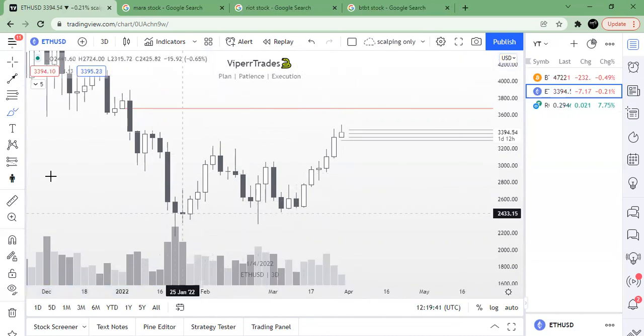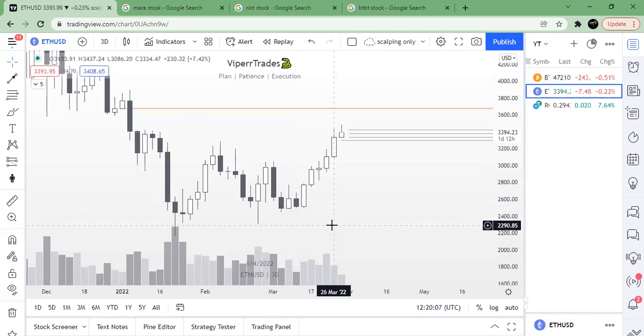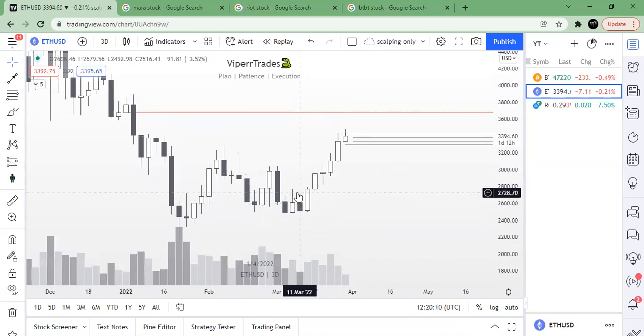And as you can see, if I hover over it now, the candle opened at $2,608 and it closed at $2,516. So the close was lower than the open. It opened here at 2,608, and it closed down here at $2,516. That's why this candle is a bearish candle. It is a black candle, or some people like to make it red. Then you've got your high here. This high was 2,679, and the low of the candle was